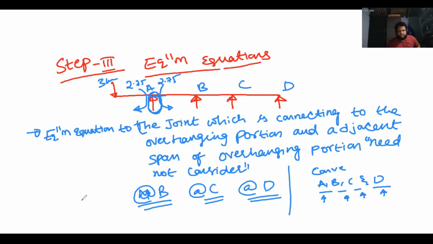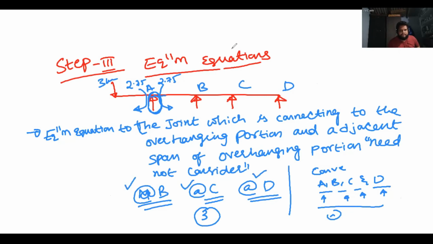Now we see in the modified equations there are only 3 unknowns. For 3 unknowns you can directly solve in your calculator. Otherwise, even without a calculator you can solve these 3 equations. But the conventional one, even with a calculator, you cannot solve. You have to write it in matrix form and then only solve it. So this is the benefit of using the modified slope deflection equation. All right, now I have to write equilibrium equations at B, at C and at D. Let me write it.